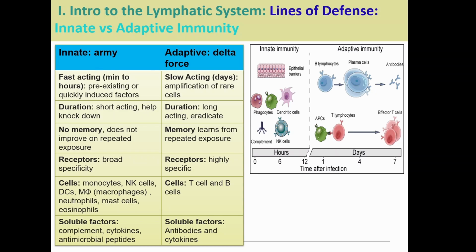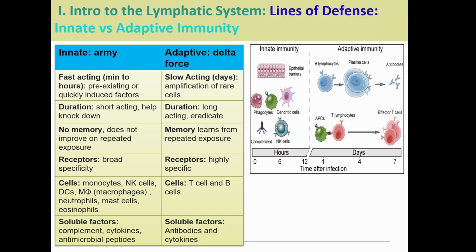Now it's adaptive because we do have memory. That means that we learn from repeated exposure. So when we get exposed, the next time we come into contact with that particular pathogen, we will get faster and better at going after it. And that will happen every time. We'll talk about vaccines in a little bit, but this is why you might have to get boosters for a vaccine: the more contact your adaptive immune system has with that particular pathogen, the faster and stronger the response is, so that you don't even get sick.